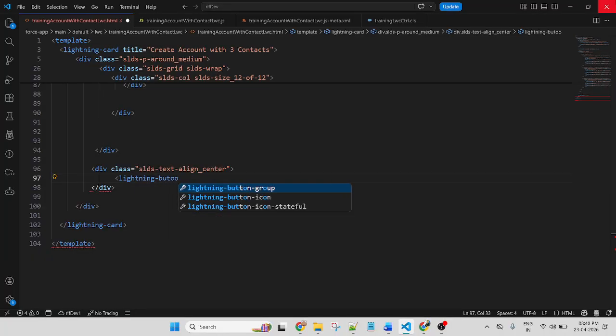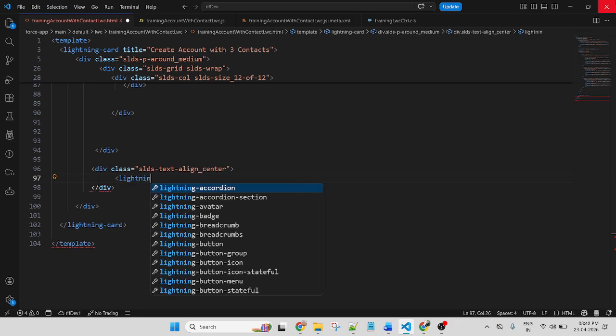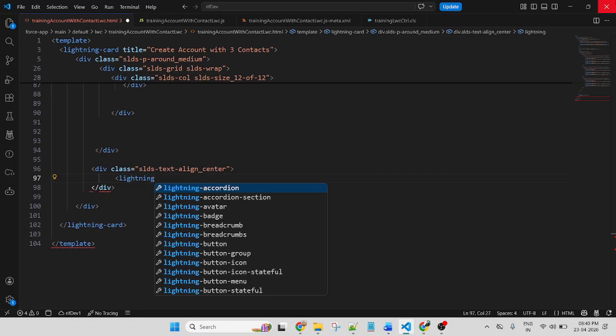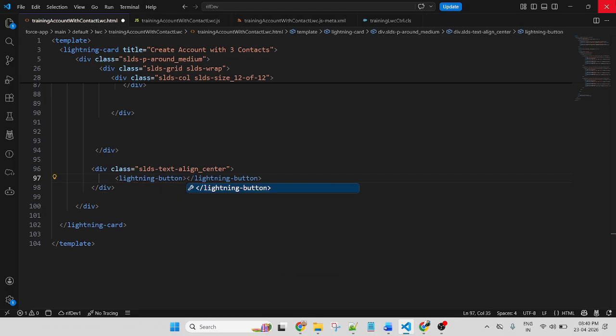Lightning button, label submit, and variant brand, and onclick function, onclick submit action.